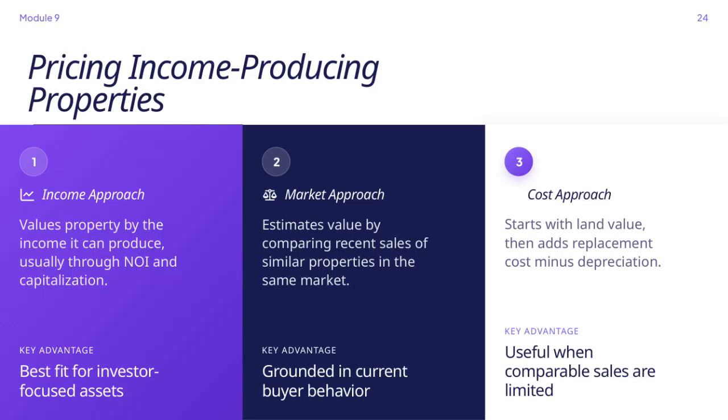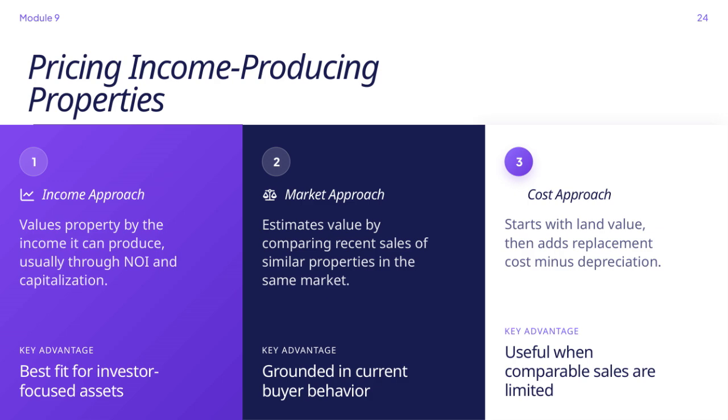Here we have 3 main approaches to pricing income-producing properties. First is the income approach. This method values a property based on the income it can generate, typically looking at the net operating income and applying a capitalization rate. This approach is especially useful for investor-focused assets because it directly reflects the property's potential to produce cash flow. The key advantage here is that it ties the valuation to the actual income streams,